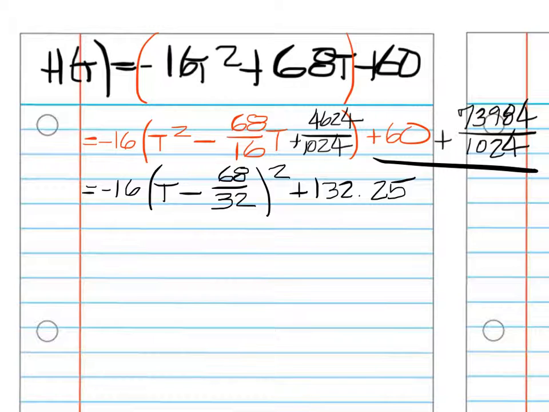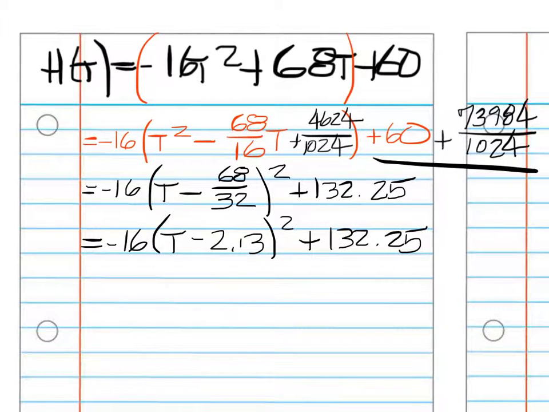Now we can get some important information out of this. What is the vertex of this? Yes. 68 over 32. Oh, well, 68 over 32, that brings up a good point. We cannot take information out yet. We have to do what with 68 over 32? Divide, yeah. So 68 over 32 is 2.13. I think that's a little more useful to have that. Okay, now that we have it in a usable and readable format, what is the vertex? Yeah. 132.25. That's right, 2.13 and